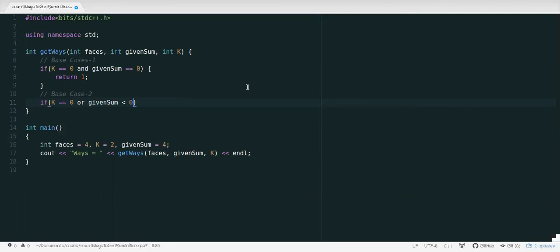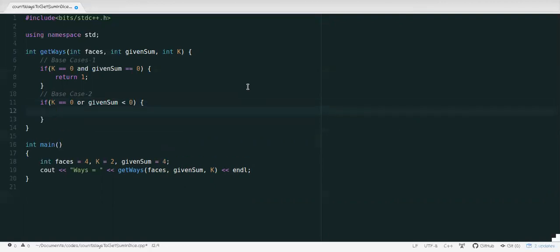If the given sum is negative, it could happen that there are some trials left, but the given sum is less than zero. So I cannot make it positive even after propagating it. How? Because the faces are always positive. It is from 1 to m.